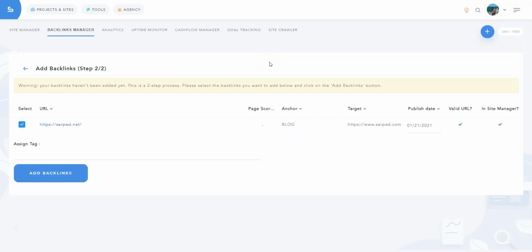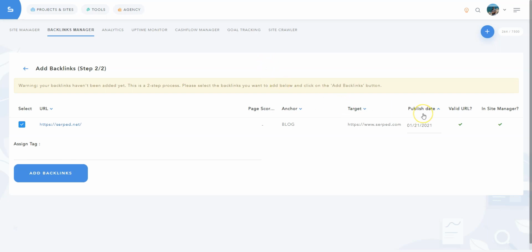The second step is a confirmation step. The system will tell you whether it found the backlinks or not. On some occasions, it is possible that our system might not be able to find your backlinks for a variety of reasons. For example, the site the backlink is on was down, or there is a firewall in place that prevents our system from crawling the page and finding the backlink. This is quite rare, but it is a possible occurrence.